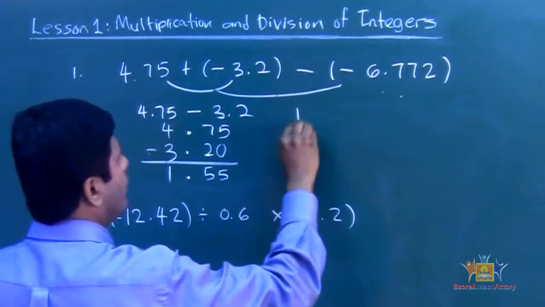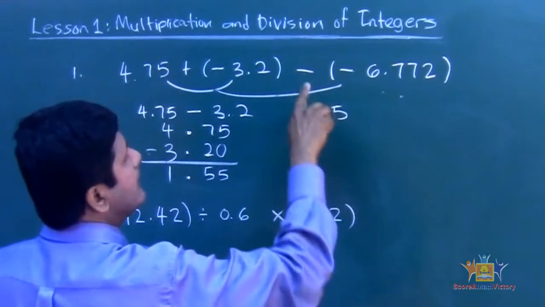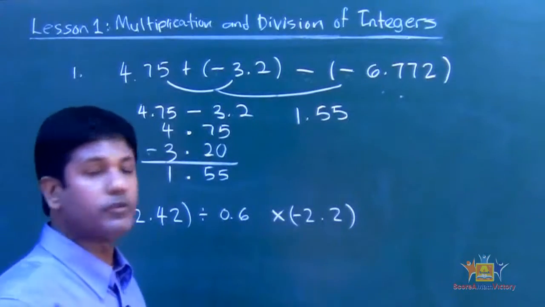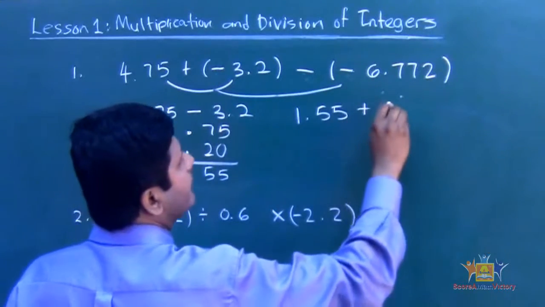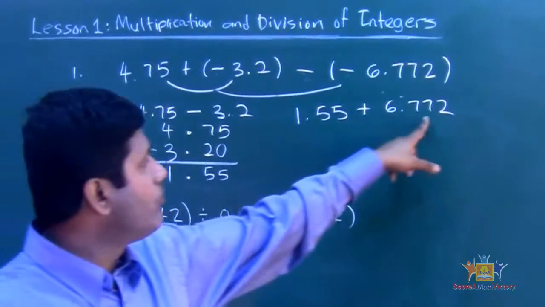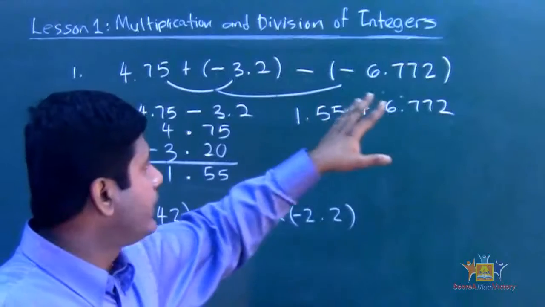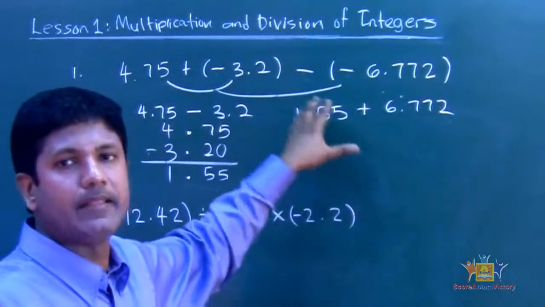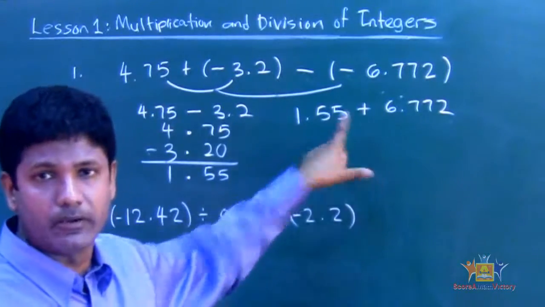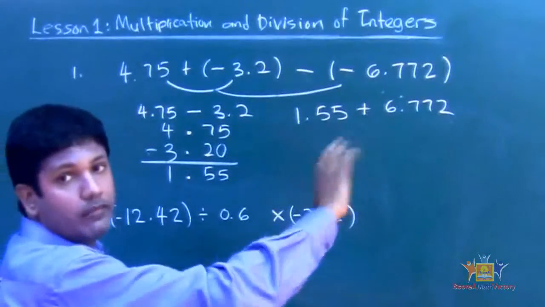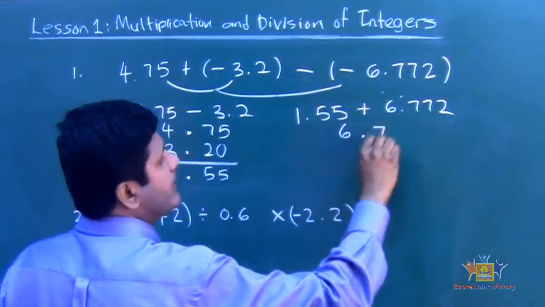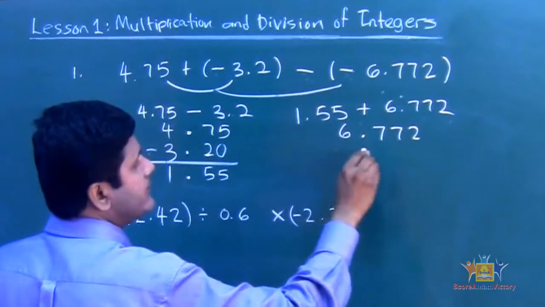So that means pretty much 1.55, negative and negative becomes what? Positive. Negative times negative is positive. So I'm adding that with 6.772. Look at that. This one has more digits than this one. So I'm going to take this one first and line it up and put that one below it. That only applies for addition but not subtraction. Alright? I can take either one of them. It's better to take that one and easier to line it up with the lesser digit number. So in this case, as a lesser digit, I put a decimal